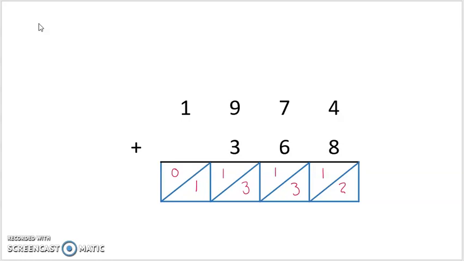Then what you do is you add going down, and then you add along the diagonals to get the answers. So 2 plus 0 is 2. 1 plus 3 is 4. 1 plus 4 is also 5. 1 plus 1 is 2. And that would say that 1974 plus 368 is 2,342. Notice that lattice addition, one of its advantages is it minimizes the amount of carrying that a student has